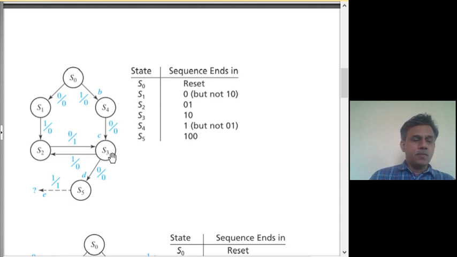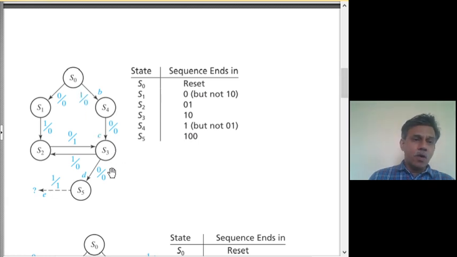So S3 has been obtained. Now from S5 we are responding with a 1 for the case of 1, 0, 0, 1. Where do we go? To a new state, or can we reuse one of the existing states, and so on. Again we have to handle the overlapping condition.